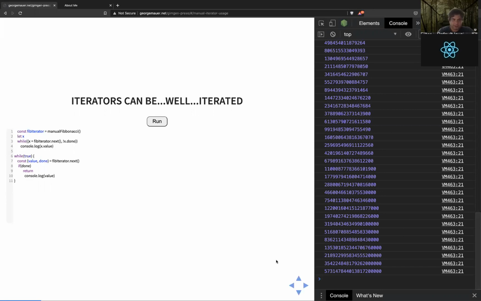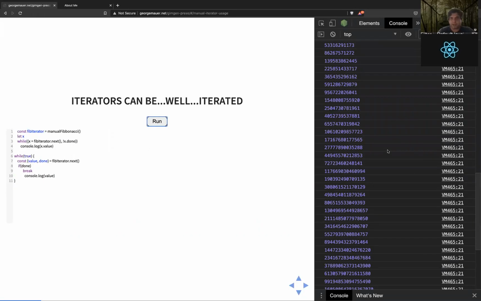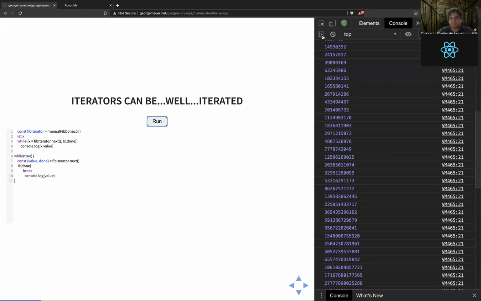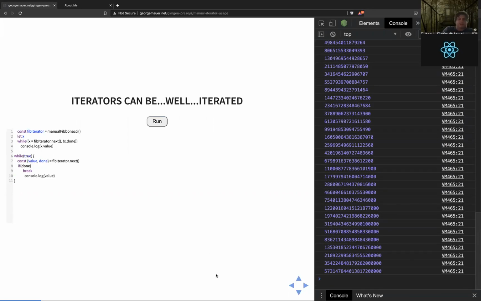And I think if I did this correctly, it'll run and not crash everything, but maybe it won't. Oh, yeah, I did break, not return, because I'm not in a function. There we go. It outputted twice, see, 2. That's how it works. All right, so iterators can be iterated.